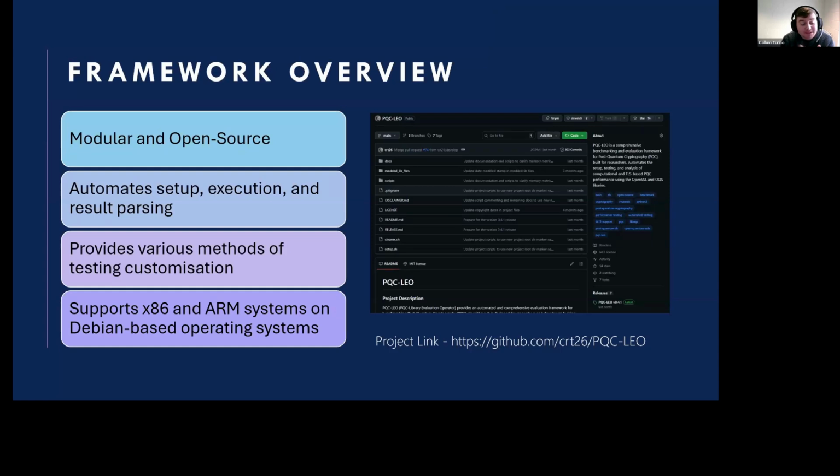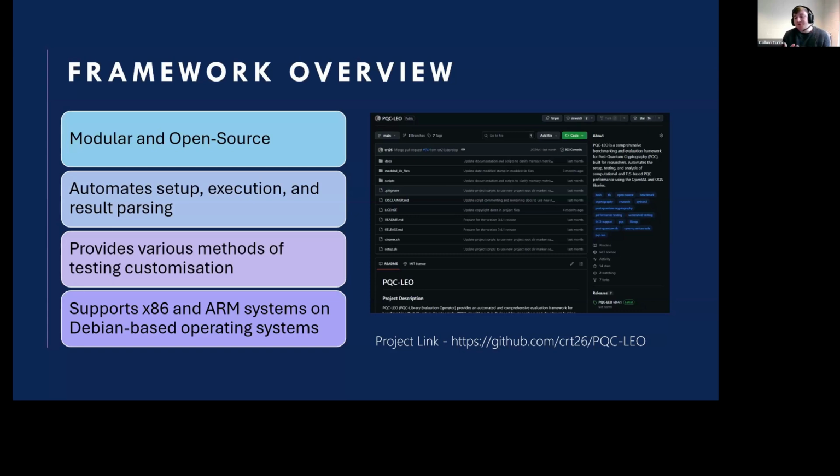It's fully automated through setup, testing, execution, and result parsing. It will handle pulling in all the system dependencies that are needed, setting up the libraries, compiling, configuring, and when it comes to testing, fully running it, and when it comes to getting all the raw data out, putting it into nice CSV format so that we can start looking at the data, analyzing it.